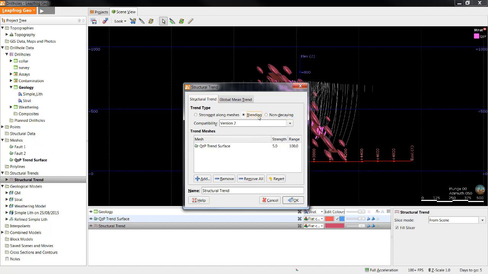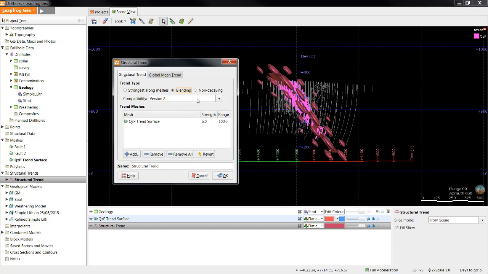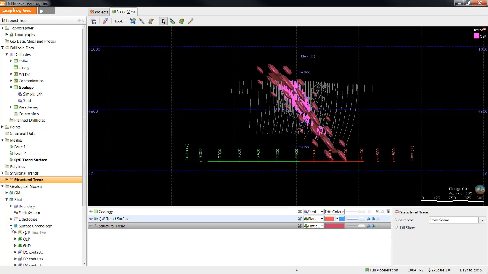The last option is blending. Blending takes any one point in the model, then uses a combination of multiple meshes to define the direction and strength of the trend at that point. We would need at least 2 meshes to show this option, so I won't be showing it in this basic video. Once a structural trend is created, it can be added to the surface built from categorical or numeric data,